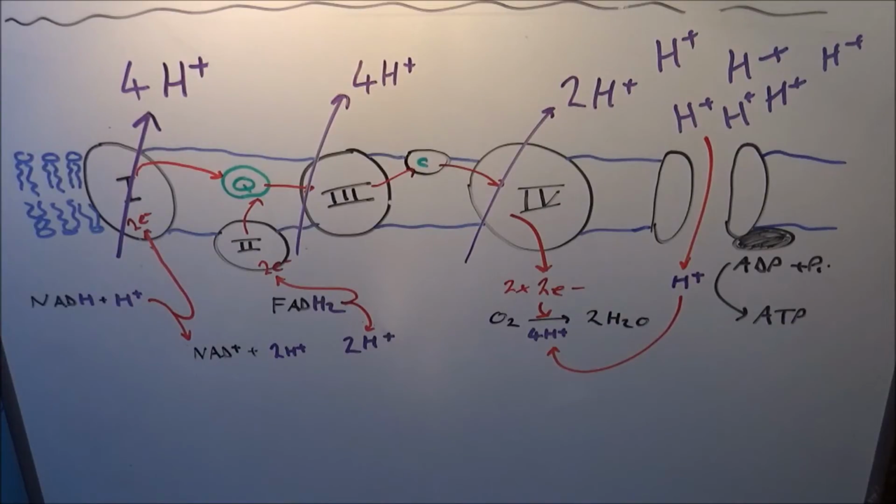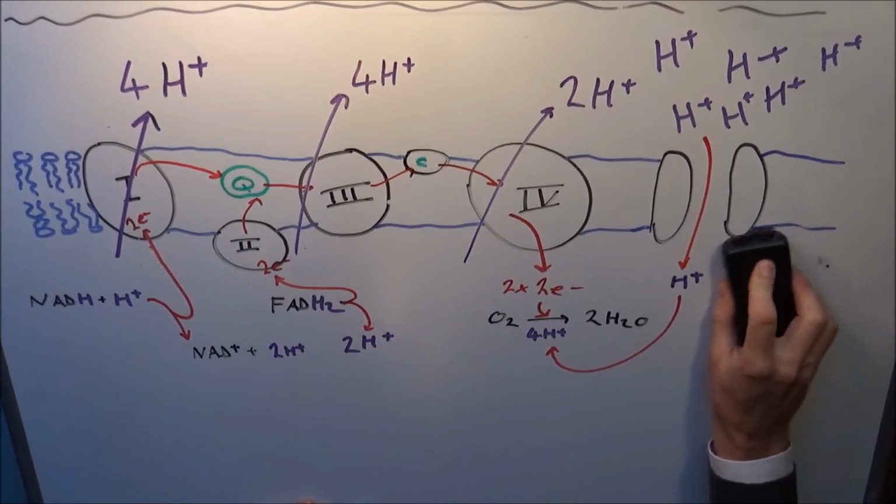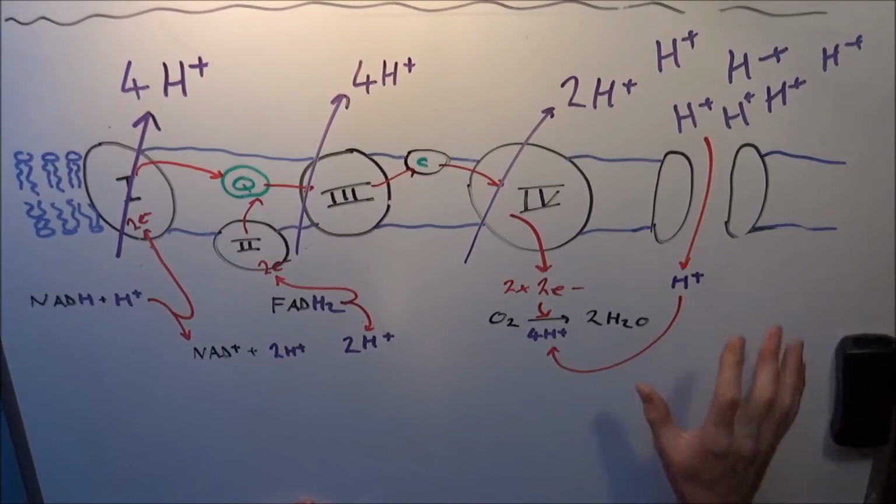I think human beings have varying amounts of it. Hibernating animals have brown adipose tissue, which they use to warm themselves up again when they're coming out of hibernation. So when an animal is hibernating, its body temperature is very low, and when it needs to warm itself up again in the spring to wake up, it has some proton channels just like these, but they don't have the ATP synthase there. They're called uncoupler